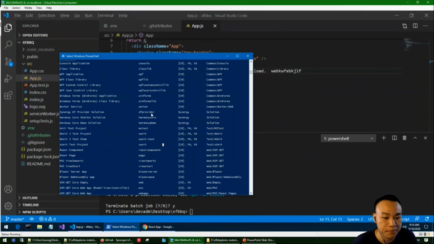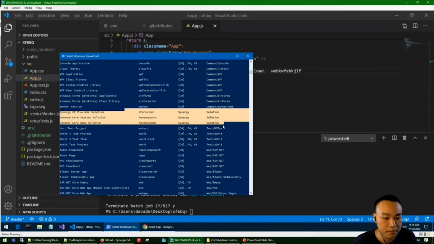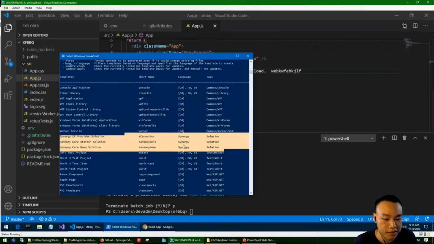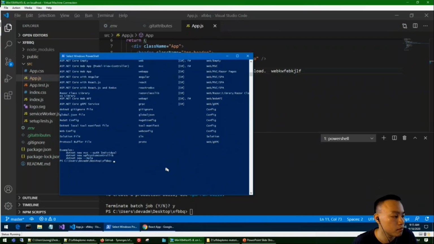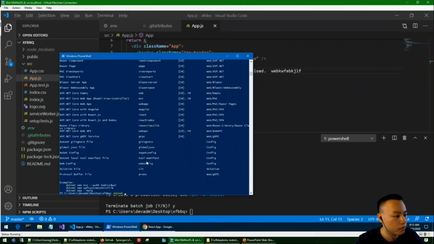As you can see, you can double check that the templates are installed by checking that the language is Synergy. Okay, and I'm going to make a new Harmony Core project. So dotnet new -i Harmony Core.